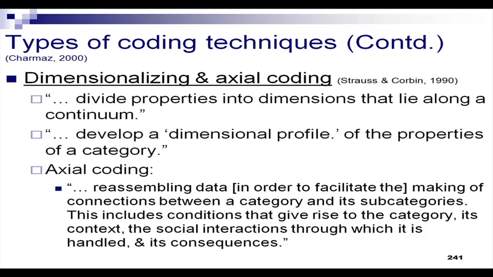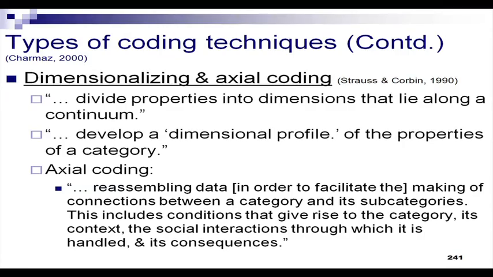What is the category doing to the phenomenon? Consequences means we have drawn boundaries around a category. We say, okay, these are the similar characteristics of these aspects of the phenomenon. How do they fit into the main phenomenon? How do they interact with the main phenomenon? Is this category really a part of the phenomenon, or are we trying to create something that's not a part of the phenomenon? So we try and understand how these categories came to be and how they are interacting with the phenomenon under study.